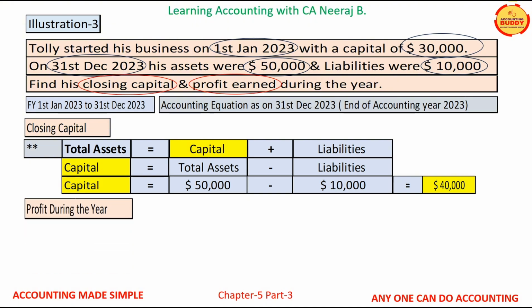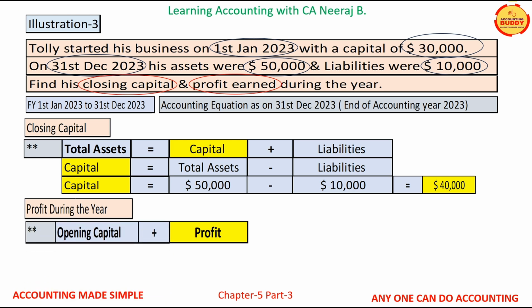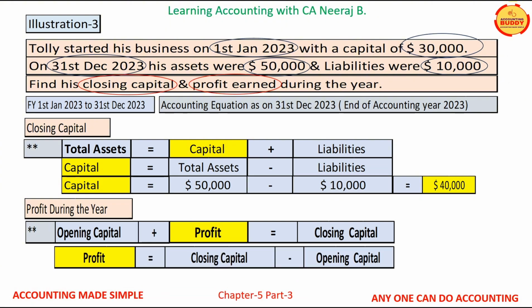Now let us calculate profit during the year. We know that if we add profit during the year to the opening capital, we will get the closing capital as at the last day of the accounting period. Therefore, the profit for the year will be equal to the closing capital on the last day of the accounting year, that is 31st December 23, minus opening capital, that is on first day of the accounting year, that is